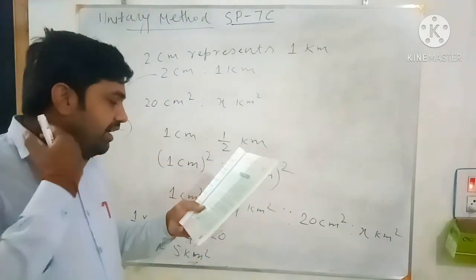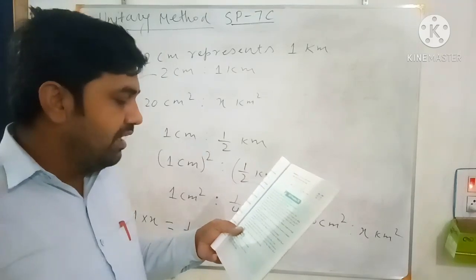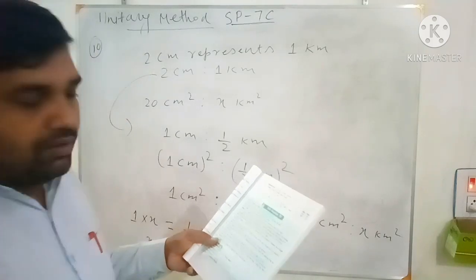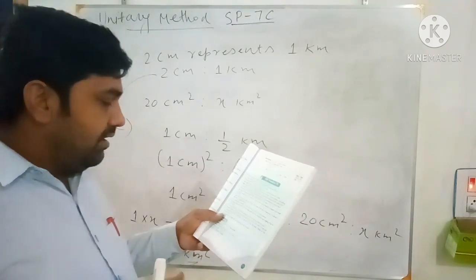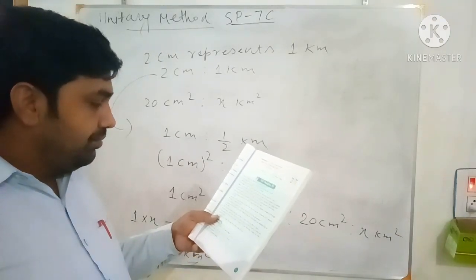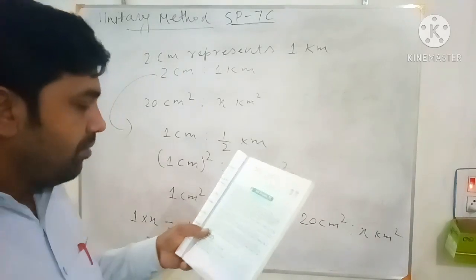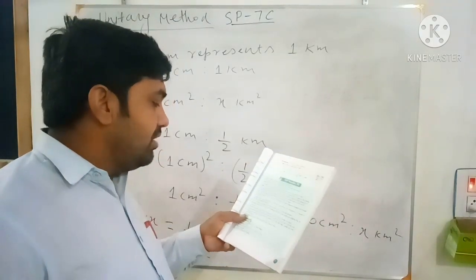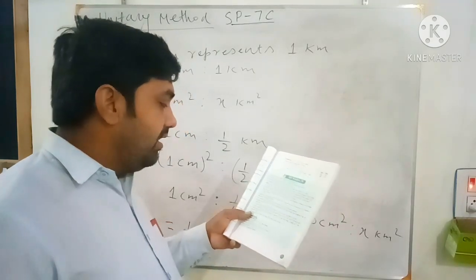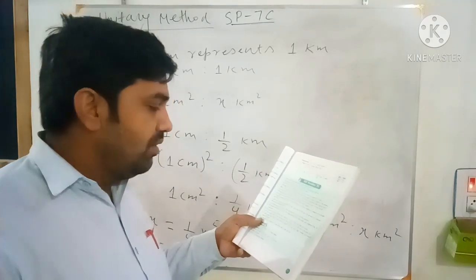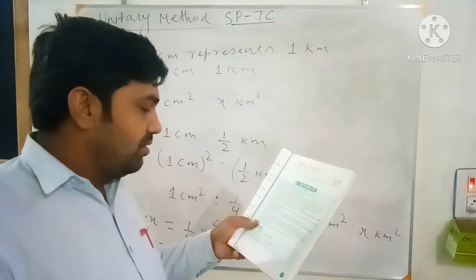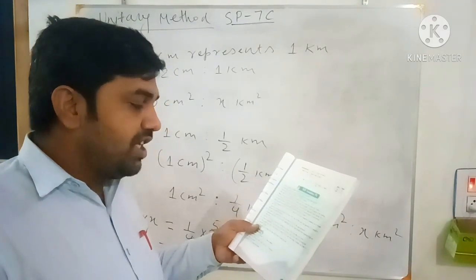Find: 5 turns of the winder of my watch keeps it going for 15 hours. So on the watch there is a button, that is a winder button which you turn, that is called a key. So a key is on the watch which we have to turn, which we have to wind. Now after winding, the seconds hand or the minutes hand moves on the dial of the watch. So it keeps going for 15 hours. So the 5 turns of the winder keep the watch hand moving for 15 hours.